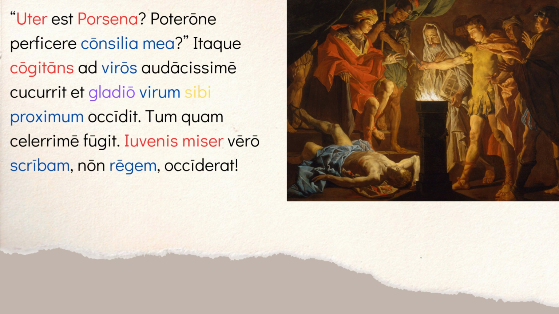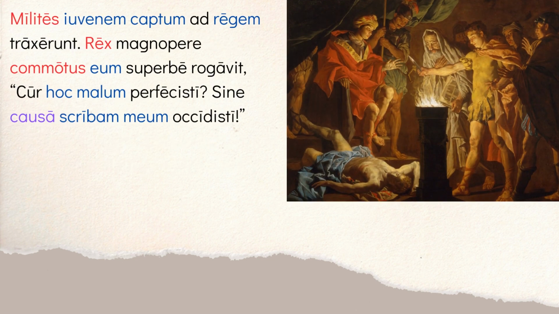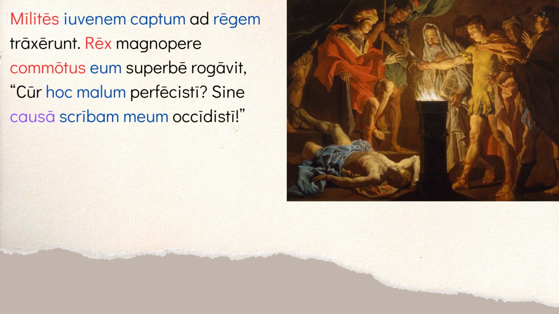So in the story, the men are lining up to see Lars Porsena, right? Obviously he's very important. He has his scribe, right, his trusted scribe next to him, and by accident Mucius kills the scribe. He was aiming for the king, he just didn't know which is which, so he kills the scribe. Okay? Then you have milites juvenum captum ad regem traxerum.